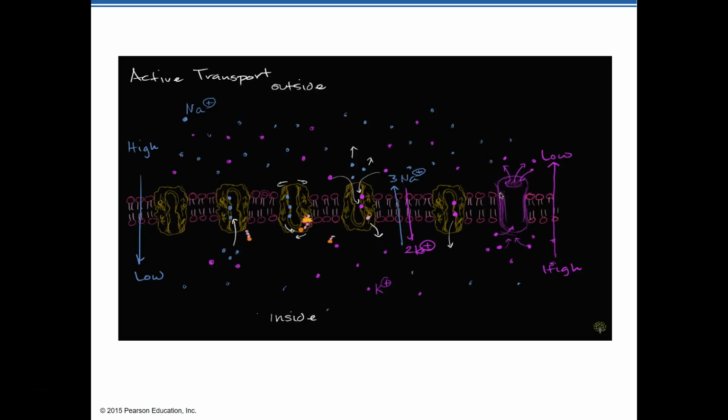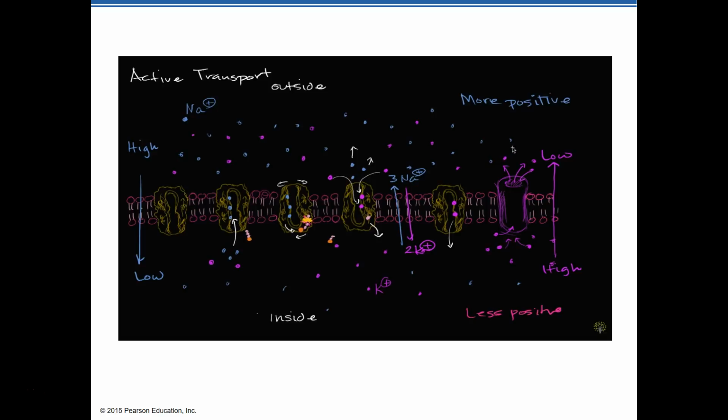And some of you might say, well, okay, that makes sense if you only care about the concentration gradient. But what happens if we look at the charge? Because we're saying that the inside of the cell is going to be less positive, and the outside of the cell is going to be more positive because of the net ion change. So positive ions want to move away from charges that are the same as them. You want to move to the places that are more negative. So you'd say, well, these potassium ions are positively charged. Why would they want to go from a less positive place to a more positive place?